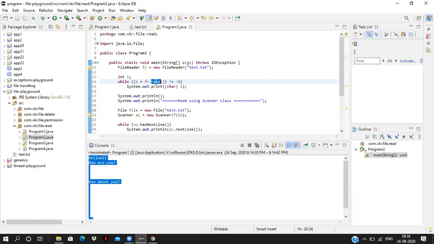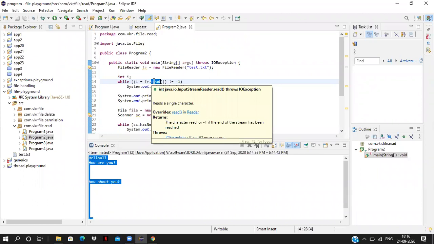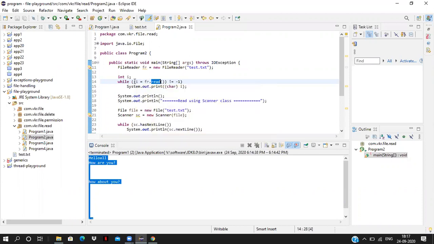It is getting the code of the file, how many bytes it takes for storing that string into the file. Each and every line has some buffer size, and that size is an integer value. So by calling fileReader.read, we'll get the integer value. That integer value is a buffer size, how much size it takes for each and every line. So here also it will read each and every line, and the value is stored in i.